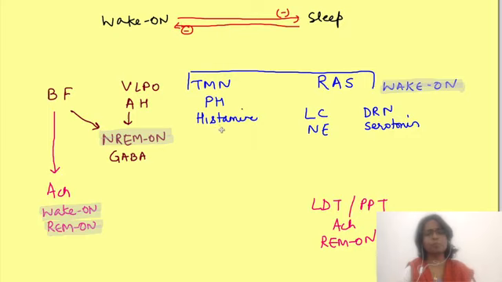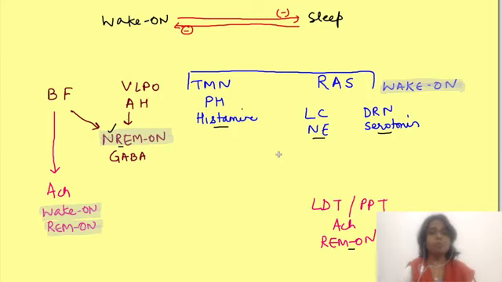So let's start from the time when we are awake. Based on the discussion till now, can you tell which neurons are active when we are awake and which are inactive? Yes, all these three wake-on neurons, that is norepinephrinergic, serotonergic and histaminergic neurons are active. And all sleep neurons, that is NREM-on and REM-on neurons are inactive. And by similar logic, we can tell that to fall asleep, that is to enter NREM sleep, NREM-on neurons should become active and the wake-on neurons should be inhibited, isn't it?